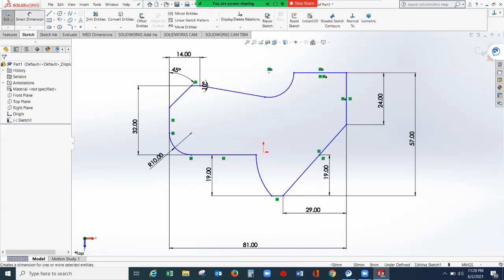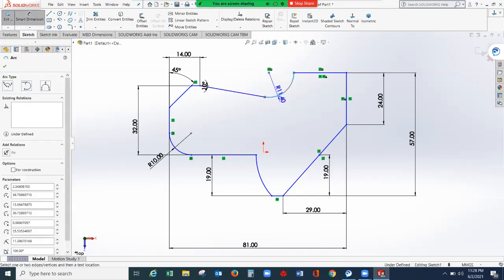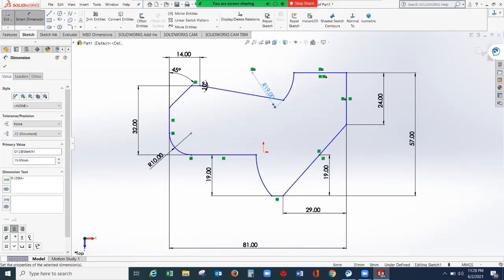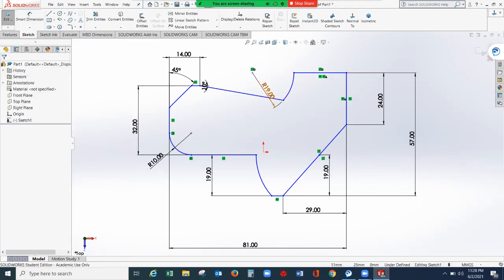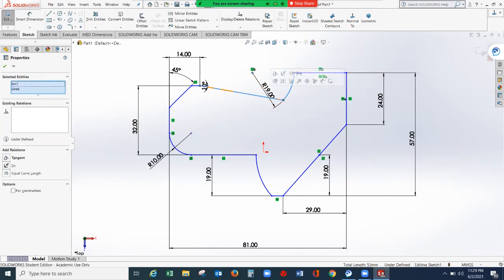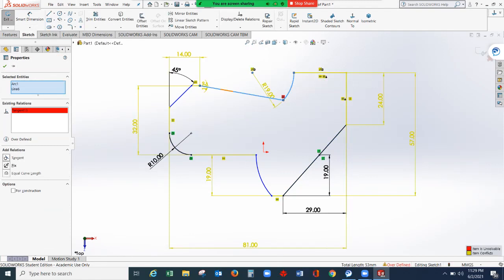So let's try another smart dimension. Let's make it 19. Select this green check mark. Now we can try to make it tangent now. Select this. Hold the shift button on the keyboard. Select the other line, then make it tangent.